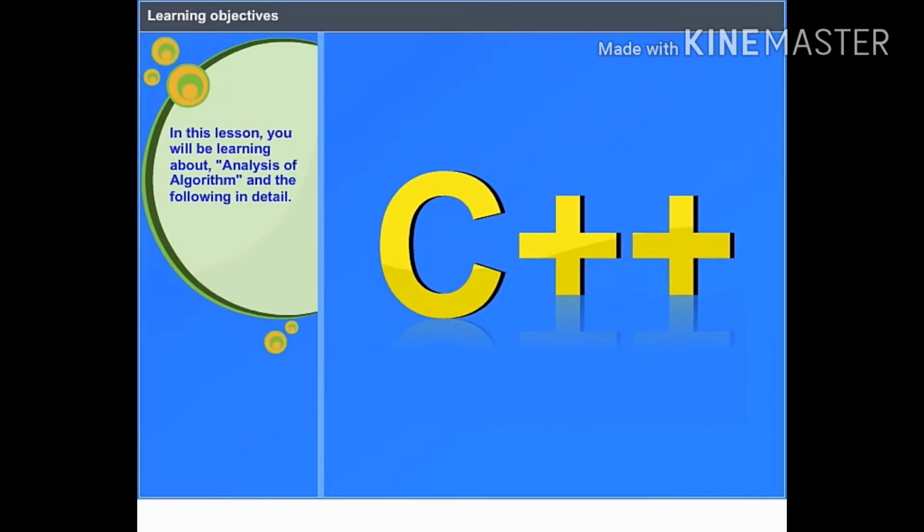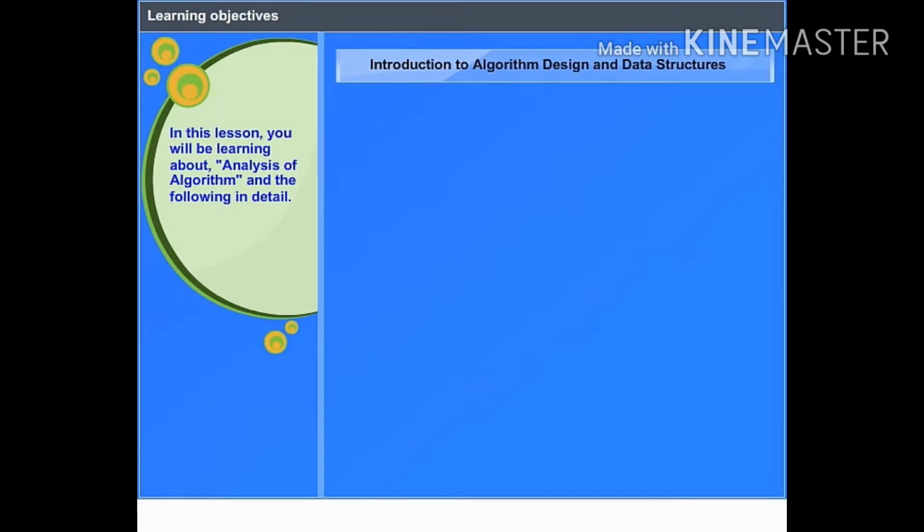Analysis of algorithm, learning objectives. In this lesson, you will be learning about analysis of algorithm and the following in detail. Introduction to algorithm design and data structures, design and analysis of algorithm,